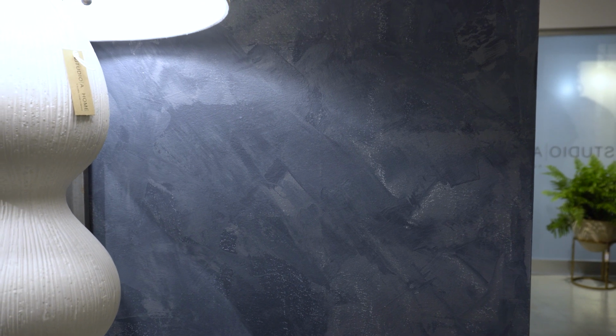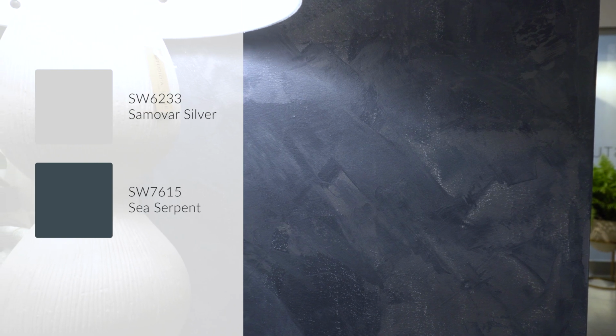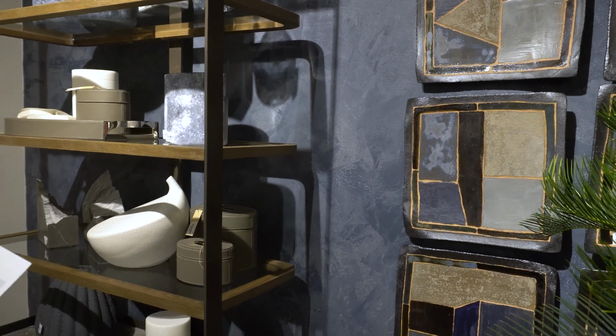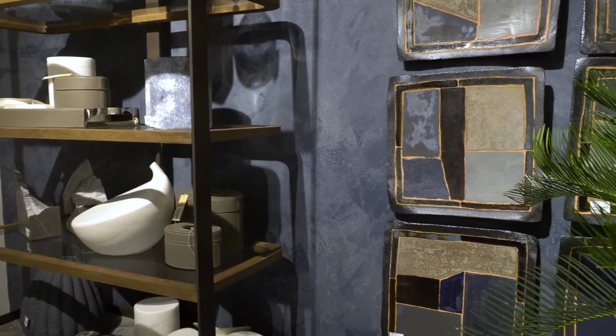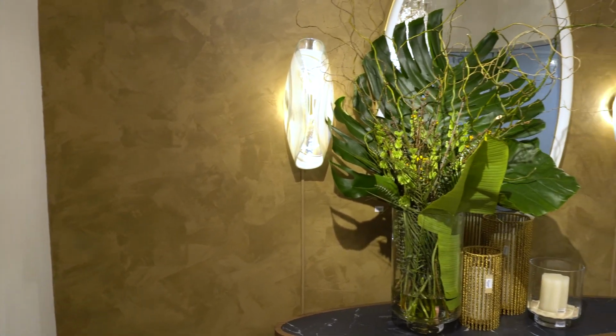The color on these walls has been achieved by using a mixture of samovar silver and sea serpent, and then a mid-tone was made by mixing half and half of the dark color and the light color into yet a third middle-toned color. The last of these beautiful paint job color stories I wanted to talk about is this one shown here,